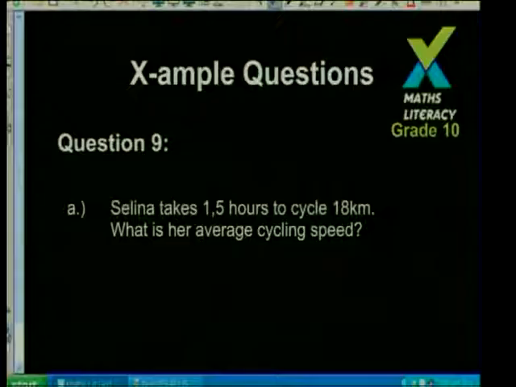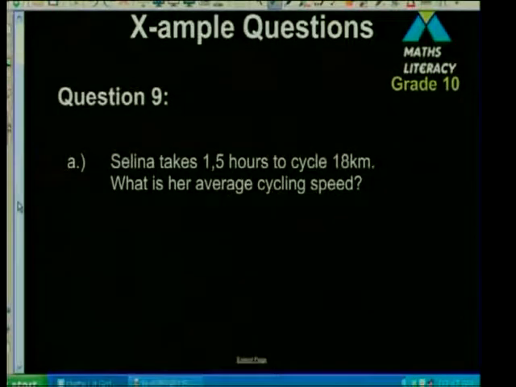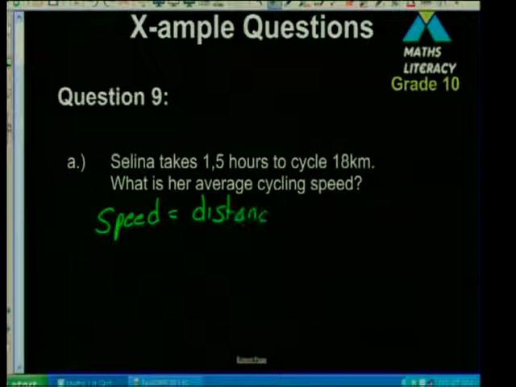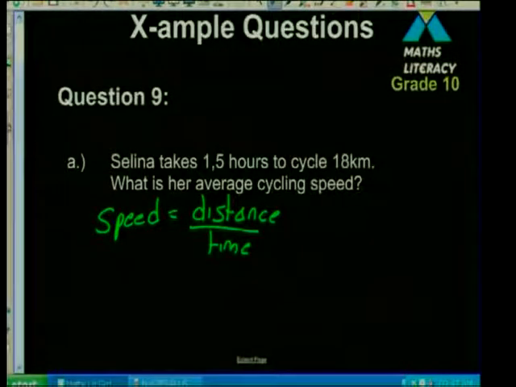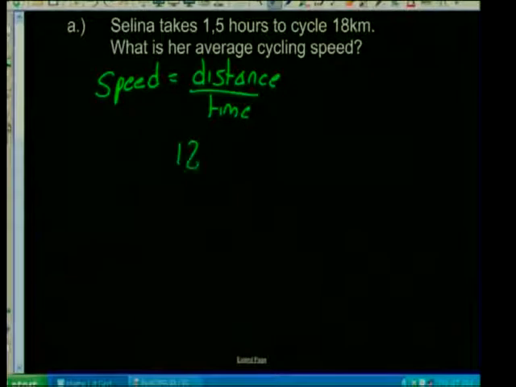Right, let's move on to some questions. Selena takes 1.5 hours to cycle 18 kilometers. What is her average cycling speed? So in this case, we need to find speed, and the formula, as we just discussed, is the distance divided by the time. I like to write out my formulas first, always, because it just makes it easier. So we're going in with 18 kilometers